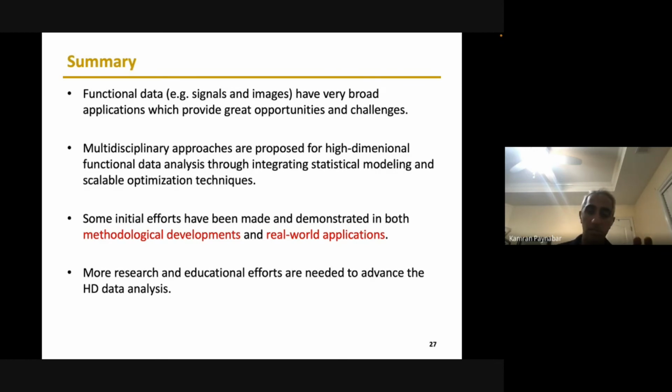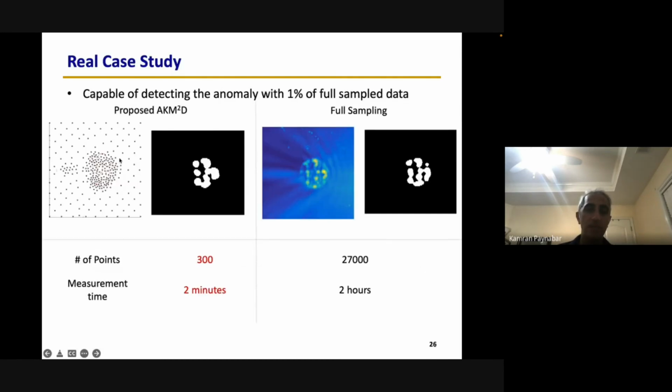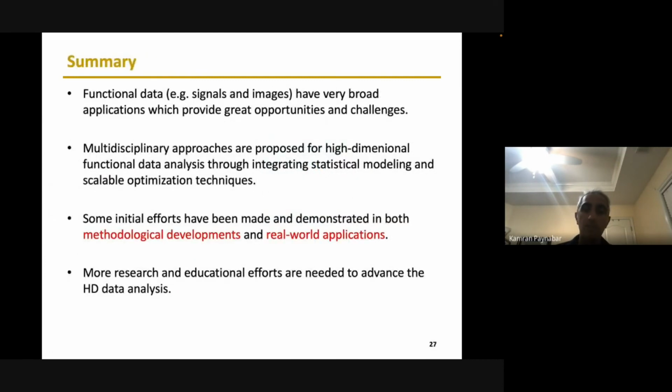The part that I skipped here was what we do after sampling. I didn't explain that, but in the paper we have all the details. So when you have the samples, how you can detect those areas and the shape. We propose some algorithms for defect detection based on partial observations. I skipped that part and just showed the result due to the interest of time. But we combine this adaptive sampling with this anomaly detection strategy, and based on simulations and a real case study, we show the effectiveness of the method.